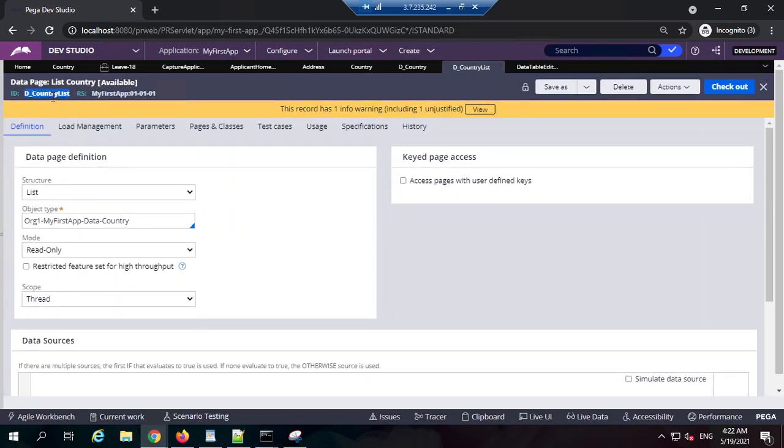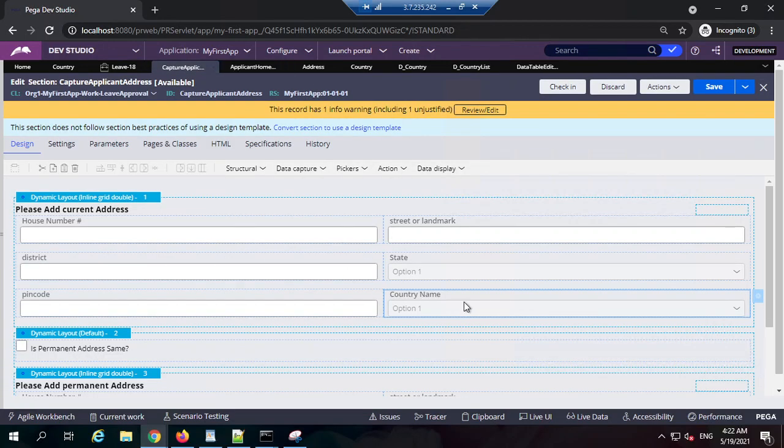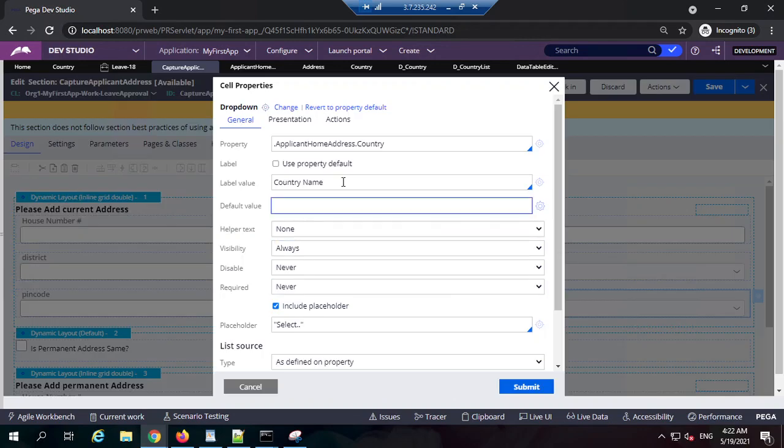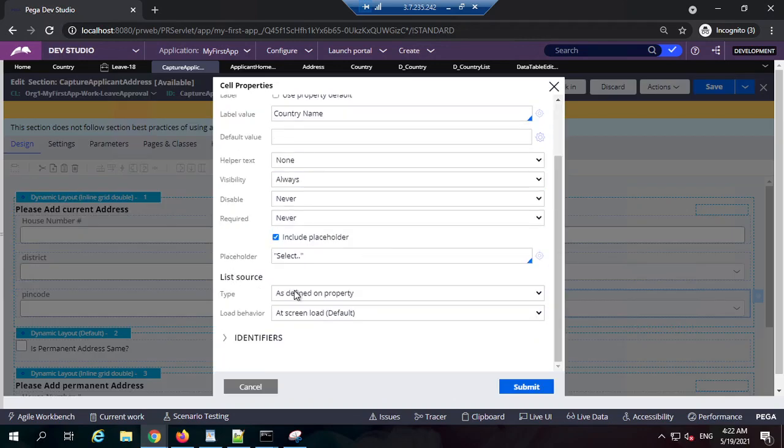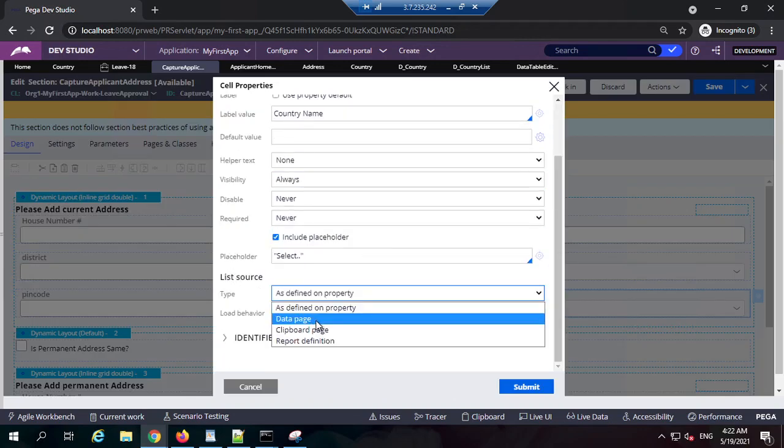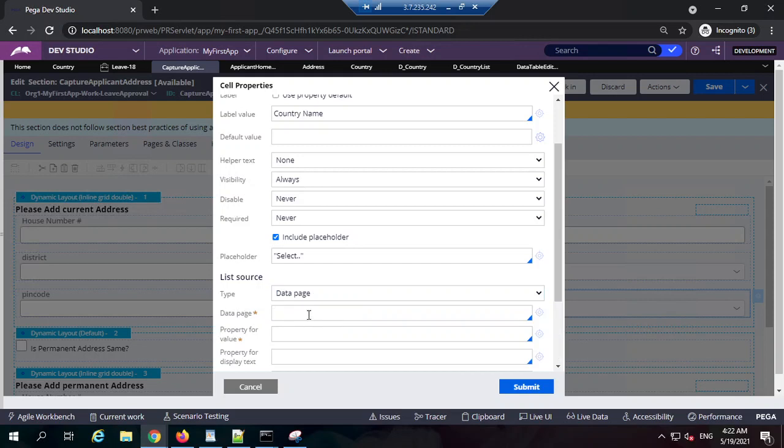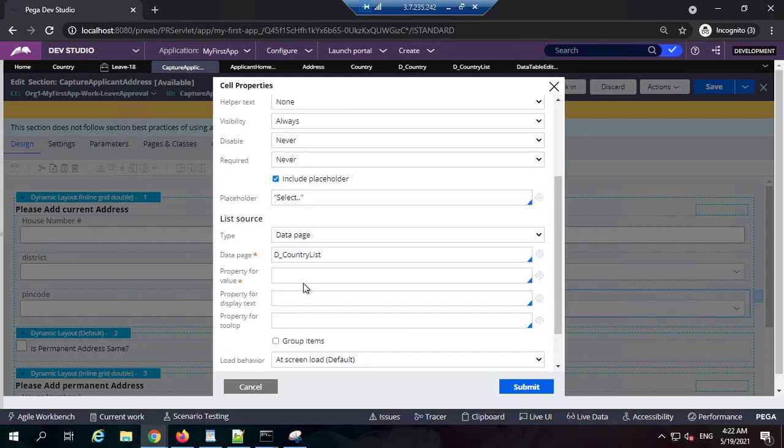Now let's use this data page of type list in the UI. This is a section, and this is where I want to keep it. On the list source, I can use the data page now. You will put the data page here. Now, property for value: if the data is fetched, which property do I want to store in the backend?